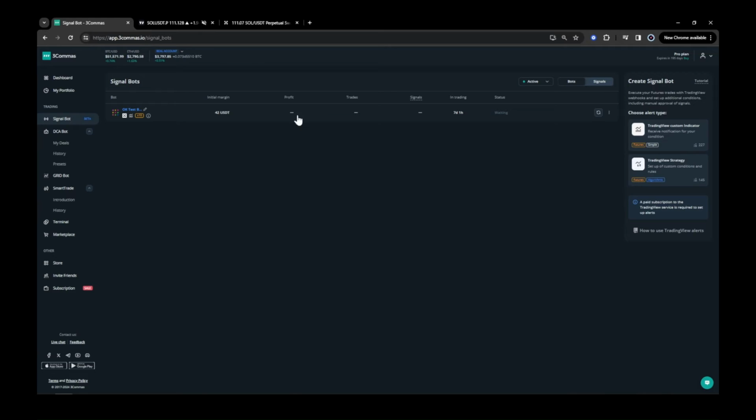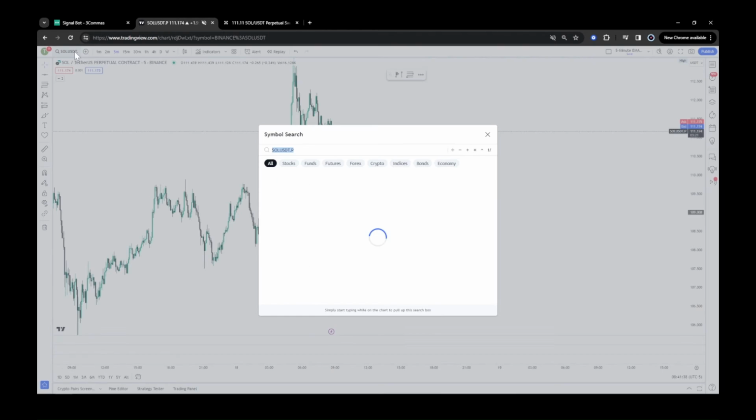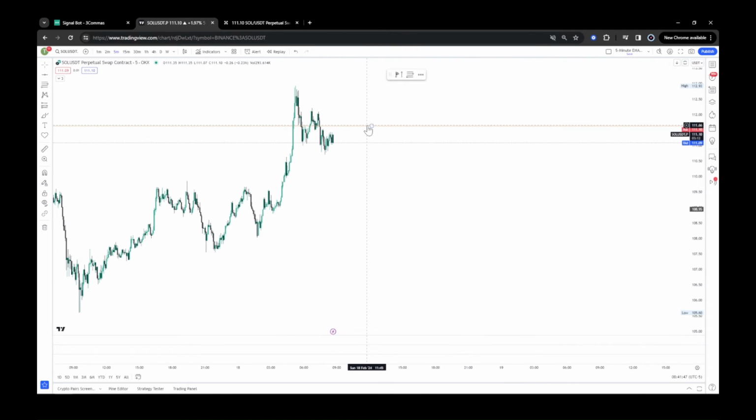Now I can delete that. I'll take the same alert. It's still in my memory, so I'll take the same alert, put it here on the OKX price chart,